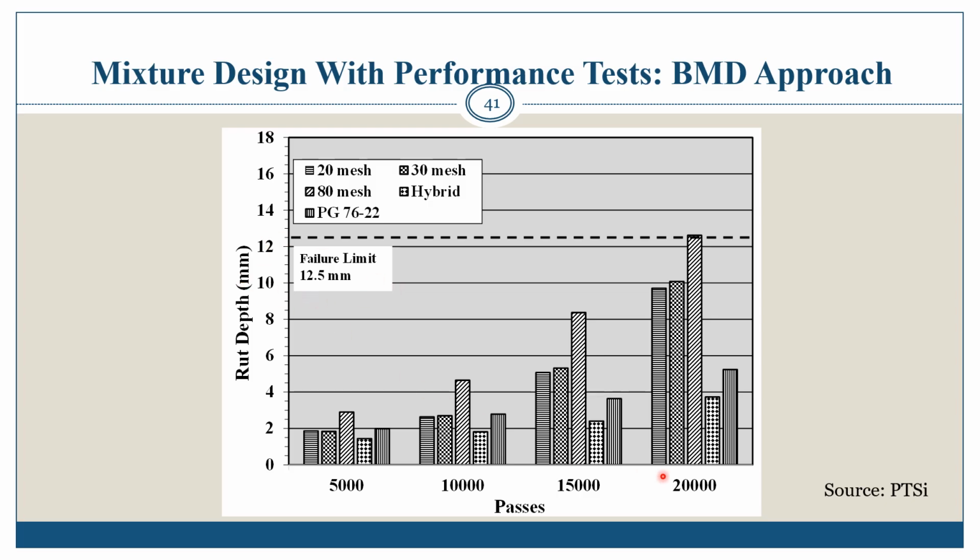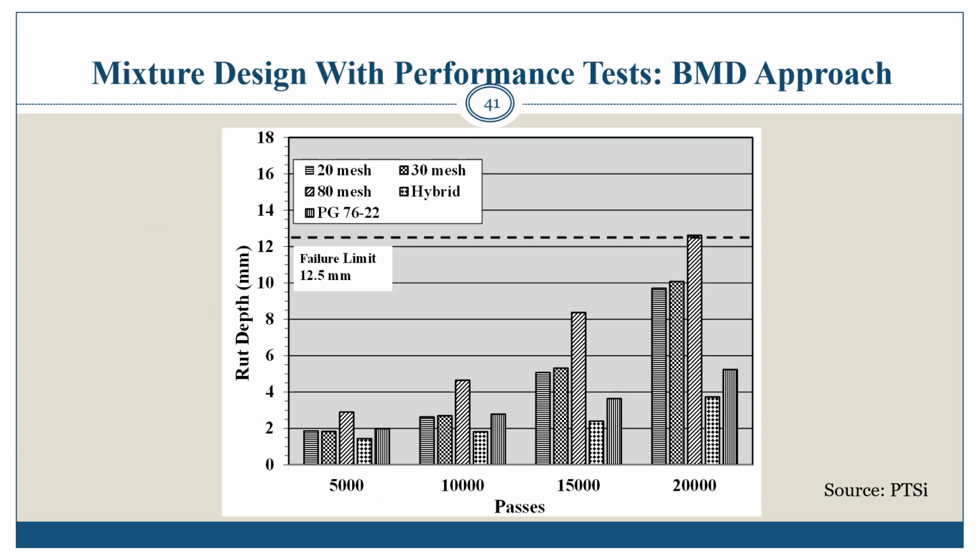Hamburg wheel tracking tests were performed on these, except in this case we used the original dense graded gradation. So it's the original gradation, not the adjusted gradation. Indications are that these asphalt binder formulations are more adaptable to fine graded DGA with gradations such as the original unadjusted design blend gradation. This shows you the benefits of the balanced mix design approach, because we did this with